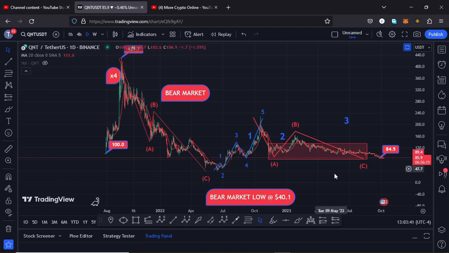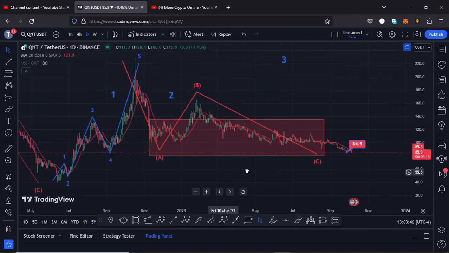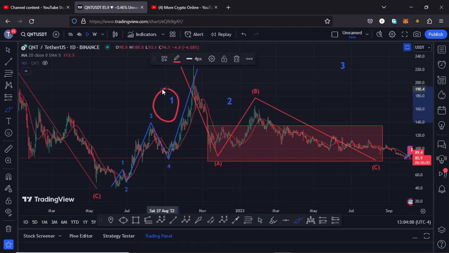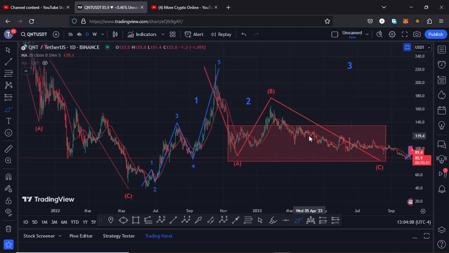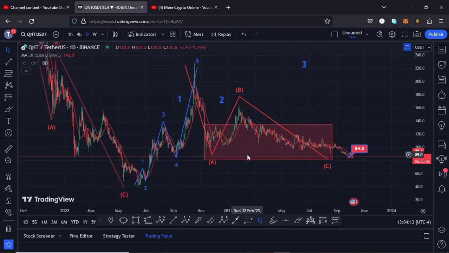After seeing our lows at around the $40 mark, we started this massive bounce to the upside, where QNT was able to complete a 5-wave move to the upside, giving us a high above the $229 mark and completing the formation of this wave 1. Then we started a corrective structure in the formation of this wave 2, which is the move that I believe we are seeing at the time of this recording, where we are still seeing a corrective structure in this wave 2